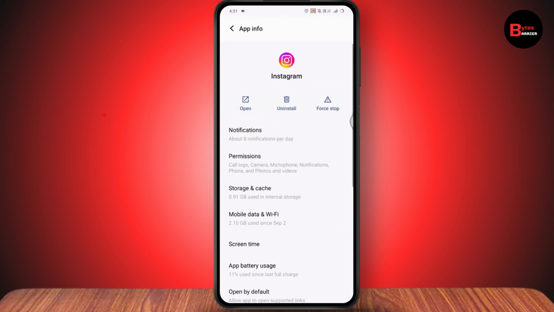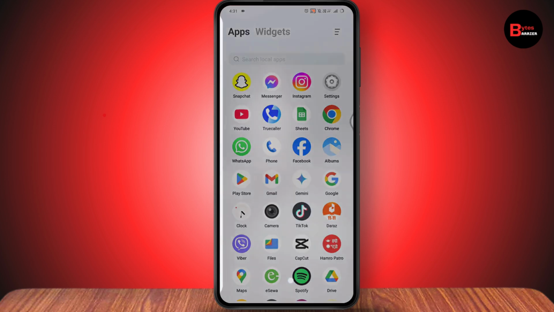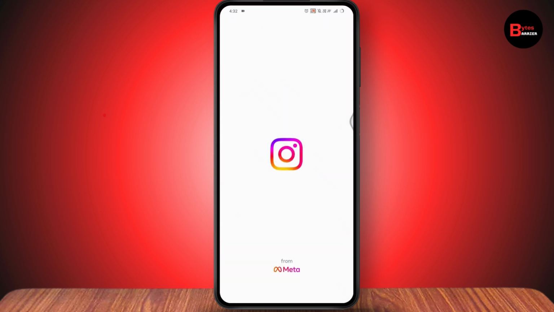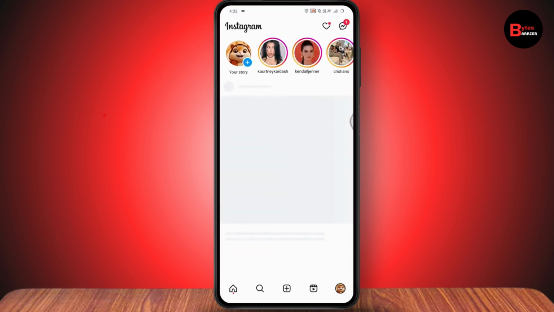But if that still doesn't, then it means that you don't have the option to save audio on your Instagram story. Because in most cases or in most regions, we don't have the option to save the audio music on Instagram story. So to fix that problem, you need to open up your Instagram, go with the bottom right, which